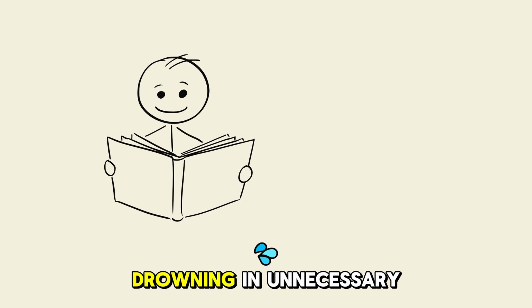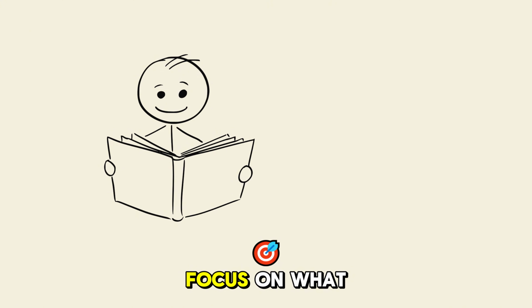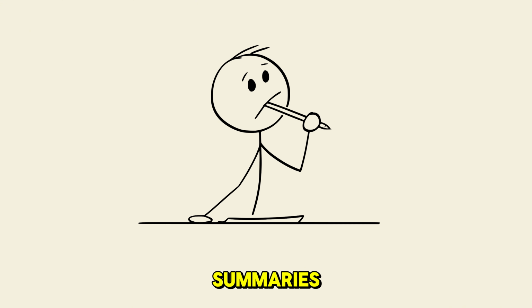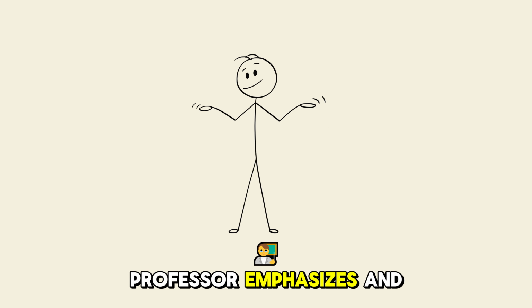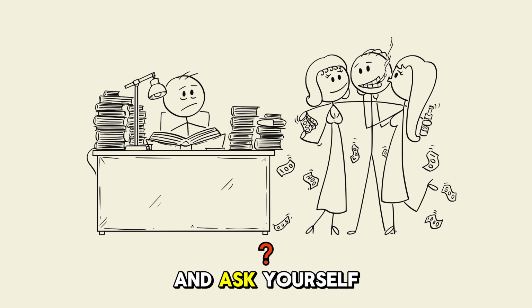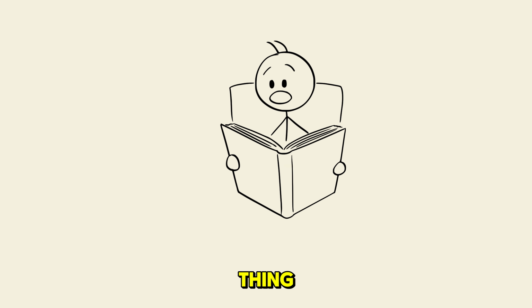So instead of drowning in unnecessary information, focus on what really matters. Stop rereading the entire textbook. It's not efficient. Go straight to summaries, key topics your professor emphasizes, and past exams. Practice exercises on the most tested areas and ask yourself, if I could only review one thing, what would be